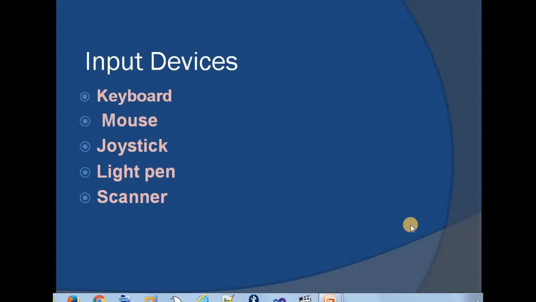In today's class we will discuss some of the important input-output devices like keyboard, mouse, joystick, light pen and scanner. In the syllabus we are going to have this detailed study in the third and fourth unit, but for the time being we will be studying what the different types of keyboards and mouse are and what their applications are. In brief we will be discussing.